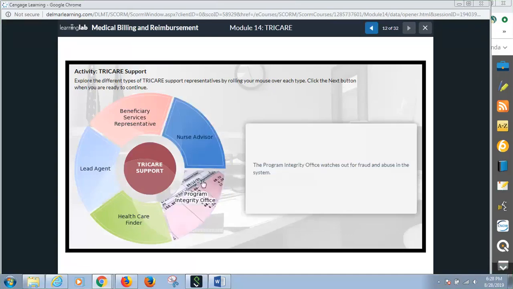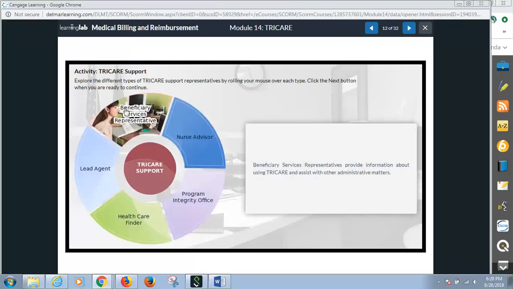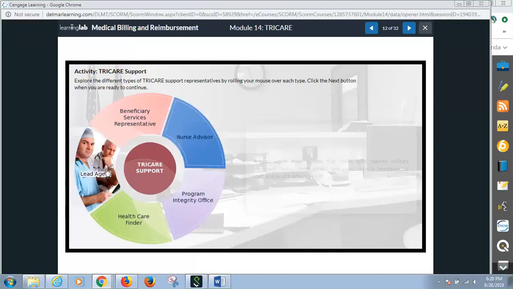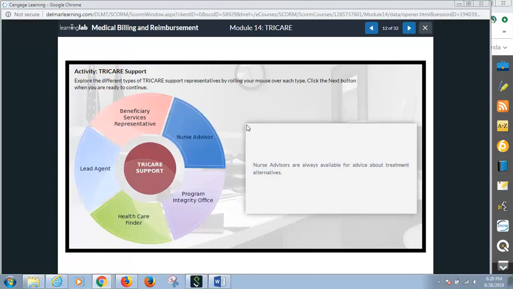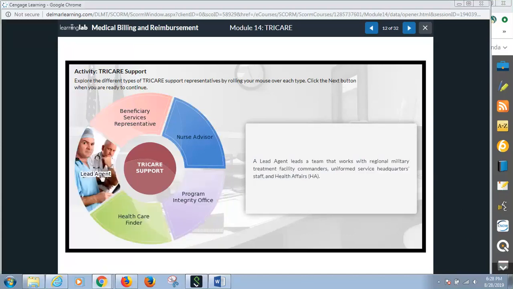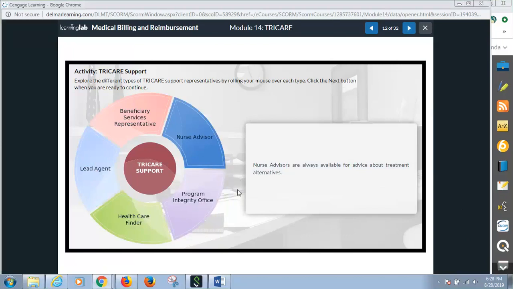So see, here are all the scenarios we're going through, like the different types of TRICARE support representatives, the beneficiary services representative. The next button isn't showing because I've already done 1 through 12.